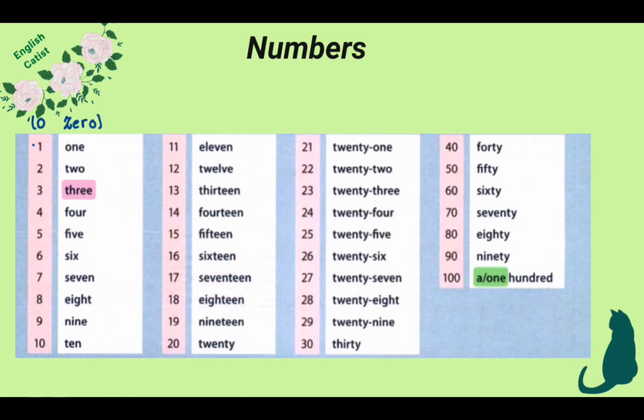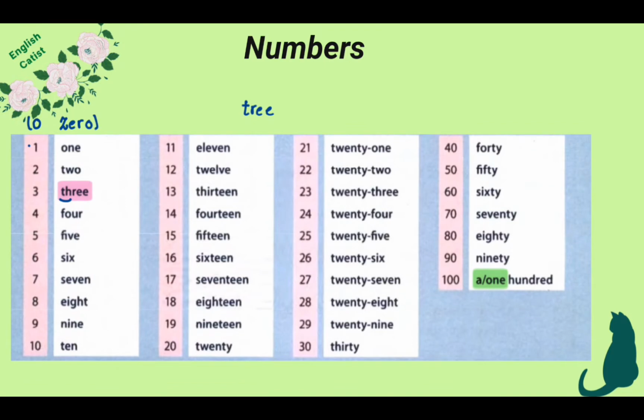1, 2, 3. Be careful about that. It isn't "tree", it is "three". "Tree" has another meaning. 4, 5, 6, 7, 8, 9, 10, 11, 12,